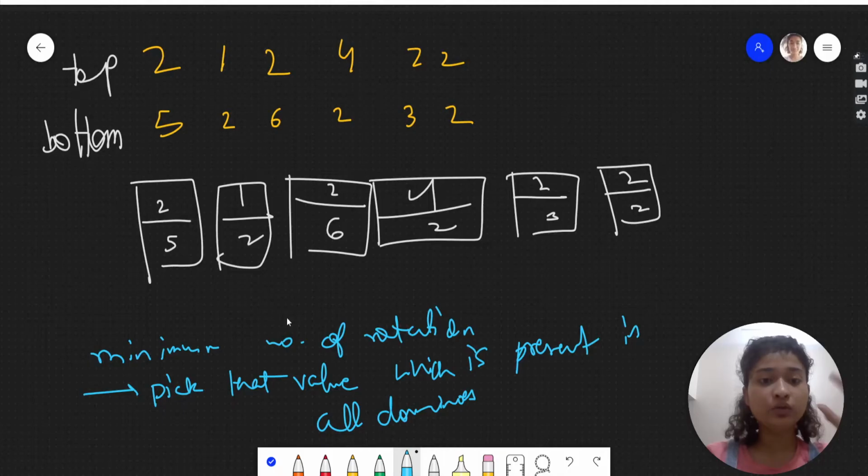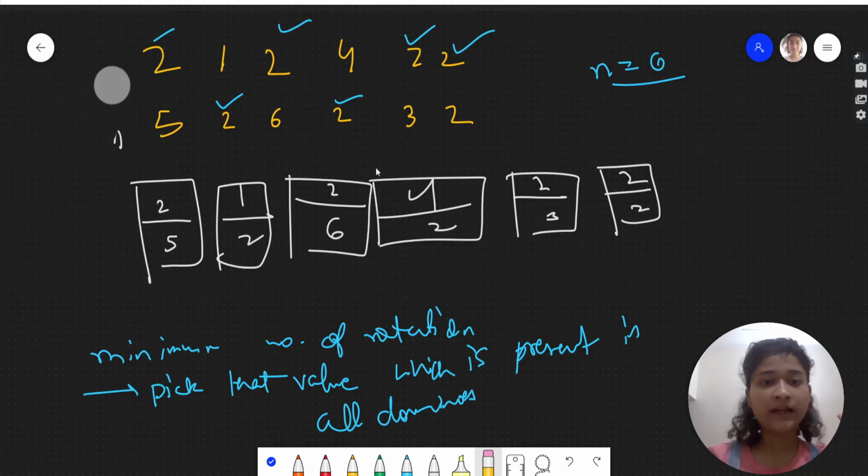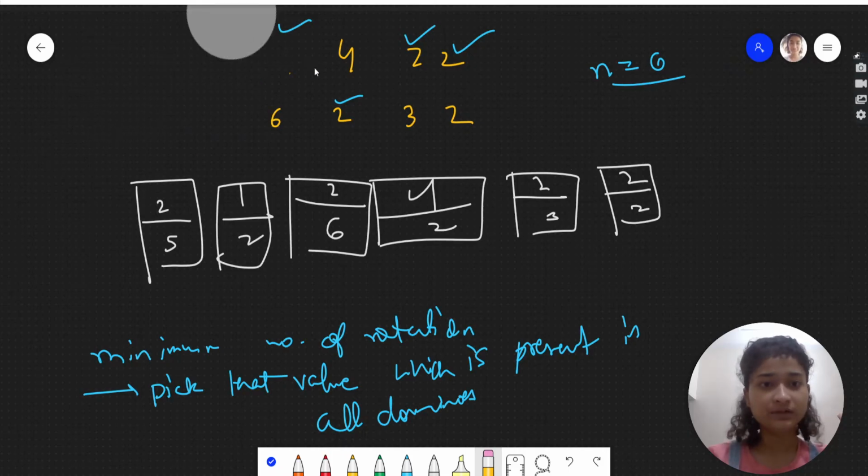Now, how can we know which value is present in all dominoes? See, there are 6 dominoes, 1 2 3, there are 6 dominoes, right? And 2 is how many times? What is the value which is in all the dominoes? 2. 2 is in all the dominoes, right? So we will be maintaining a count. What I'm doing is I'm just erasing this one. I have drawn this, so we'll refer to that only. Let me erase this,